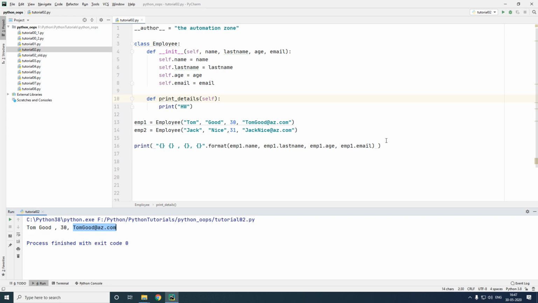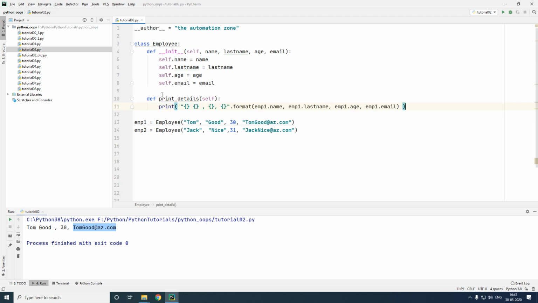Now imagine printing this for all of my objects. That's pretty confusing. Now what I can do is I can take this same piece of code and paste it inside of my method. Remember, functions inside of a class are methods, right? And we can take advantage of this self variable. Remember, what is self variable? Self variable is the object itself.